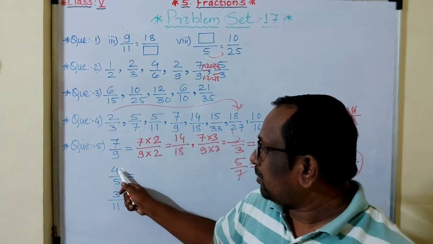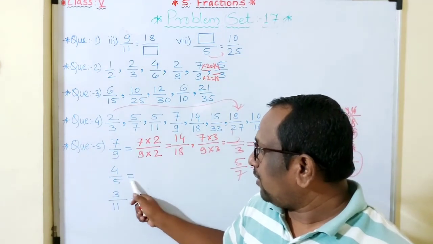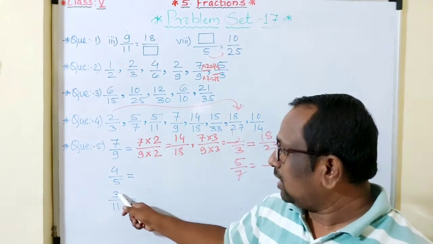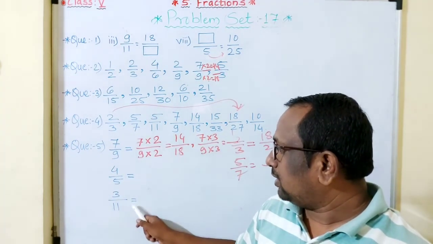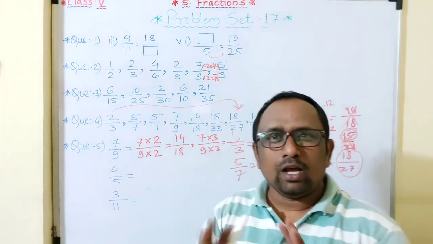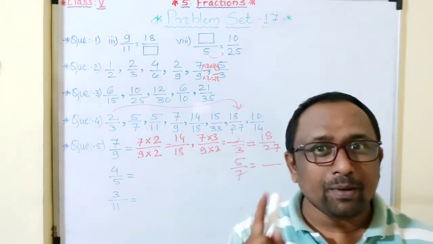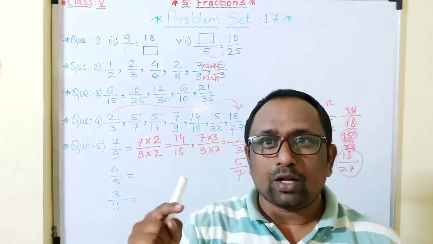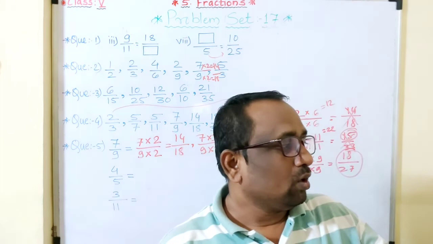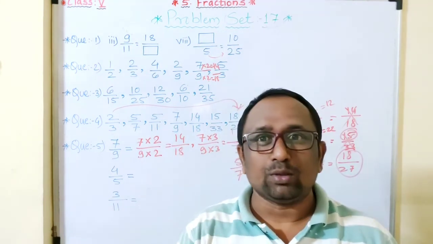Here if you multiply by 5, 4 5s are and 5 5s are. Then again second fraction, 4 6s are, 5 6s are, 3 3s are, 11 3s are, 3 8s are, 11 8s are. Like this way, according to your wish. But keep in mind, numerator and denominator you have to multiply by the same number. Okay. This way you have to solve all the examples, students.